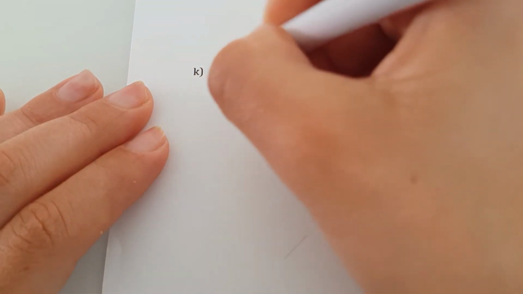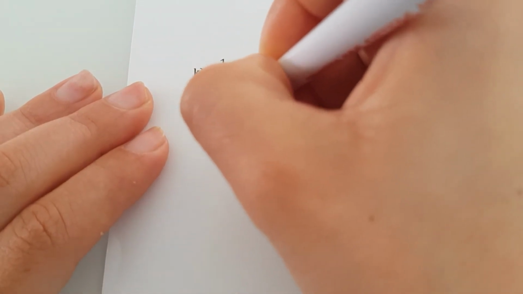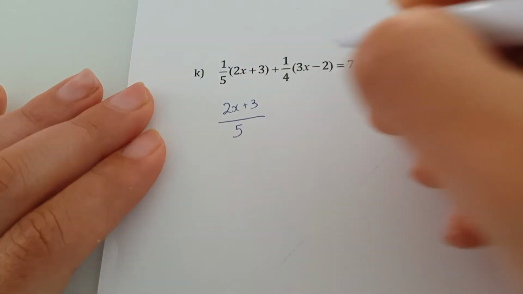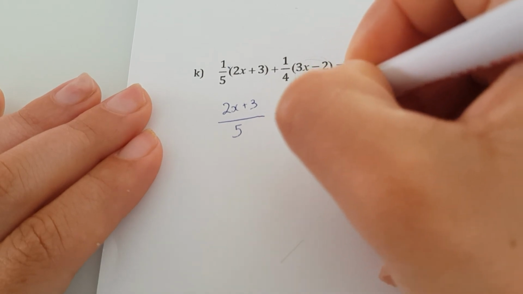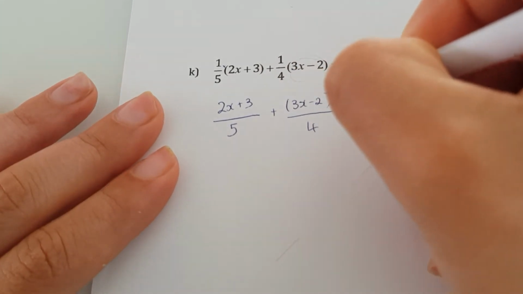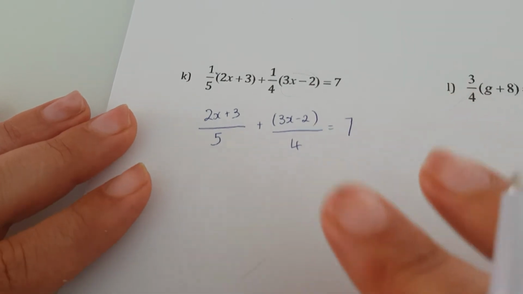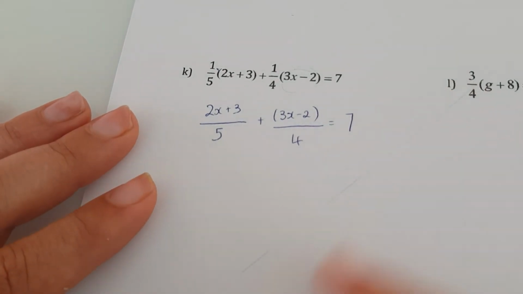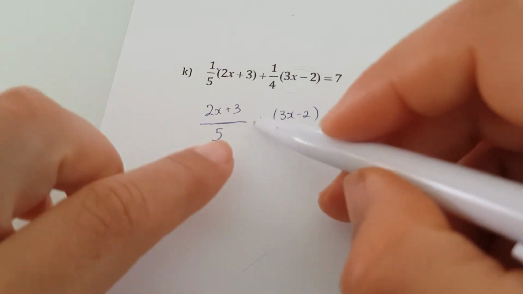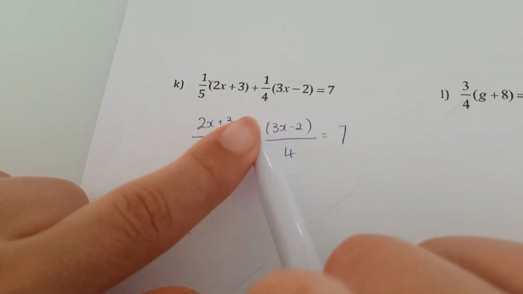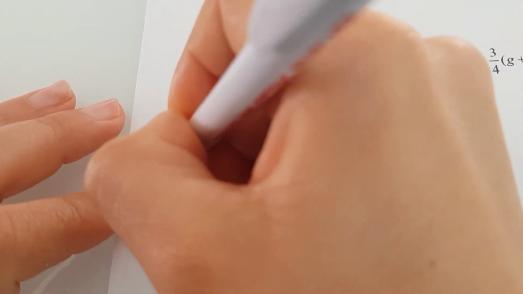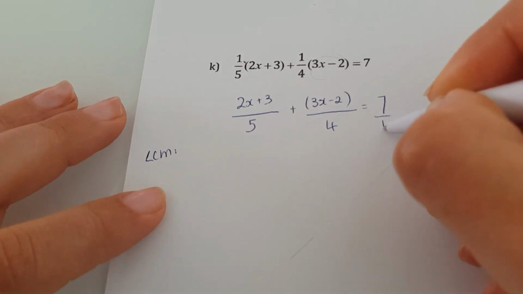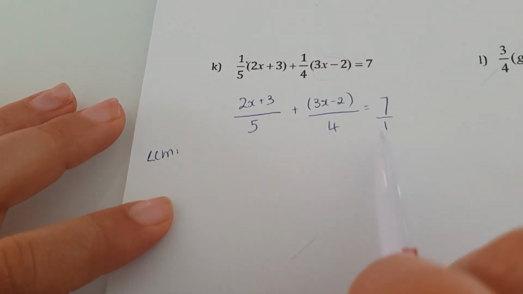We have 2x plus 3 times 1 on 5, 3x minus 2 times 1, so it remains the same, on 4. And I have a 7. In this one here, I can't use cross multiply from the beginning. Why? Because I don't have a fraction equal to a fraction. I might have the sum of two fractions equal to this whole number. So ideally, in a question like this, you use the LCM. Don't forget 7 is on 1. So the LCM of 5, 4, and 1 is